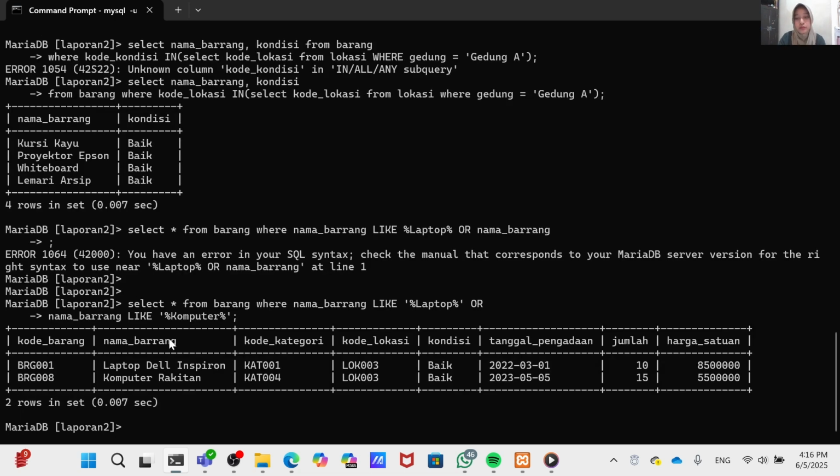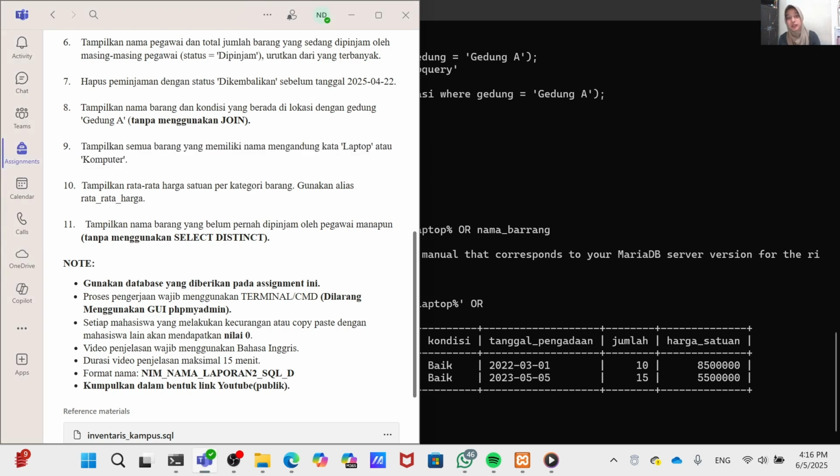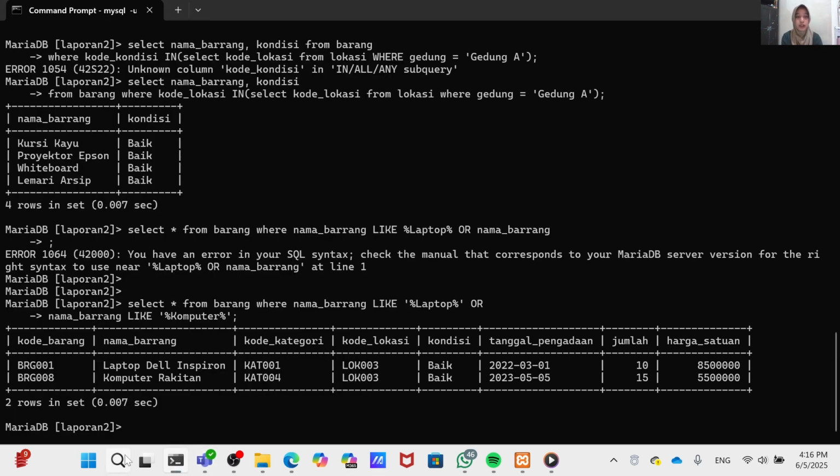For number 10, display average unit price per category. Okay, for this task, I will display the average unit price for each category of items. We can use select kode category.